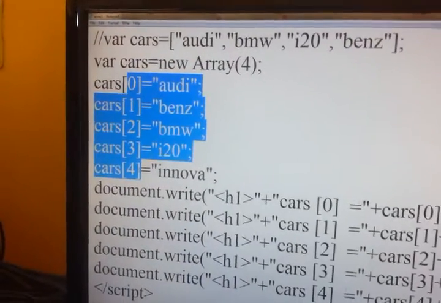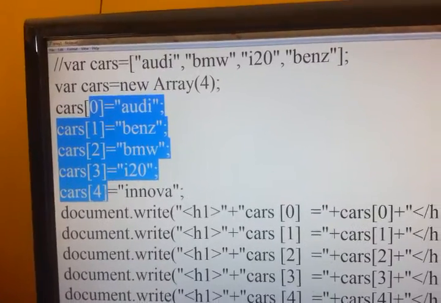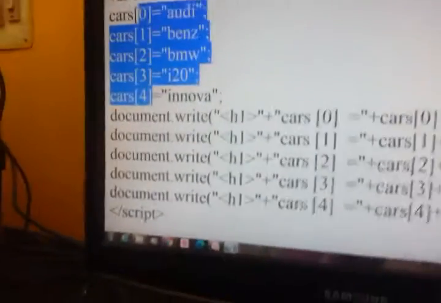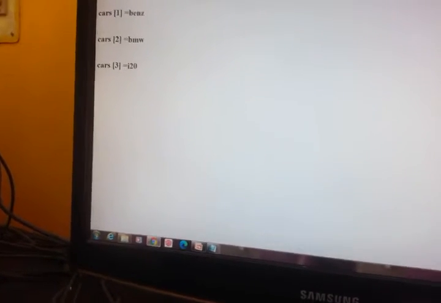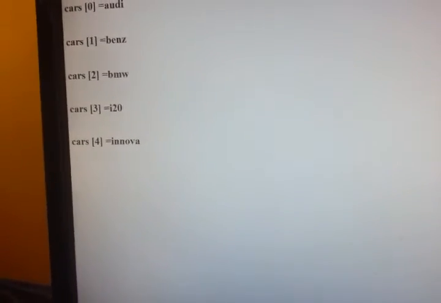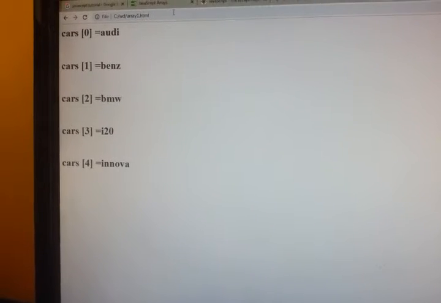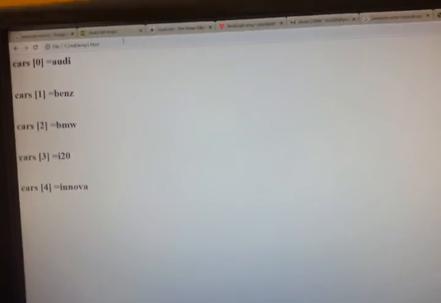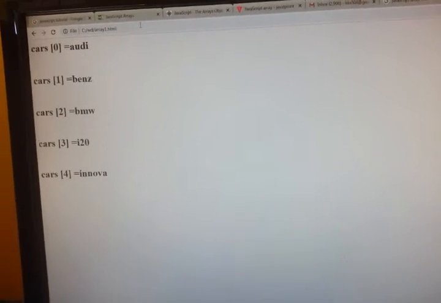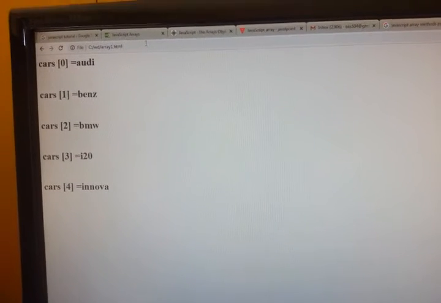So if this is the case, it happens that we forget, we may add extra also. So when we are adding extra, what happens? We'll just see the demo. We are getting that. Even though we have given 4, we are getting all of them. So there is no difference. Even if you are giving 4 and you are trying to enter 5,